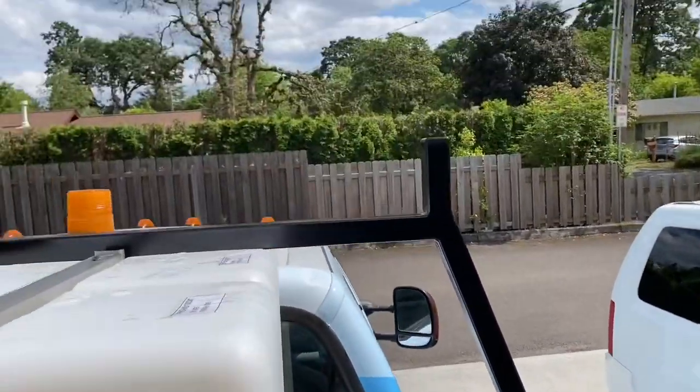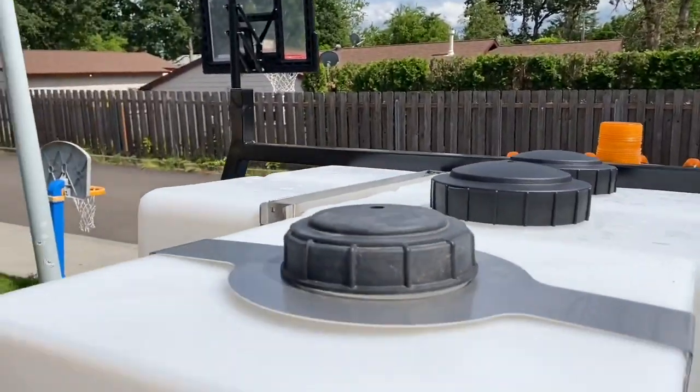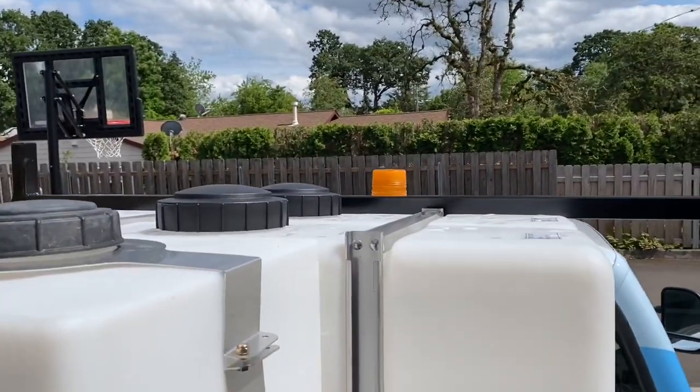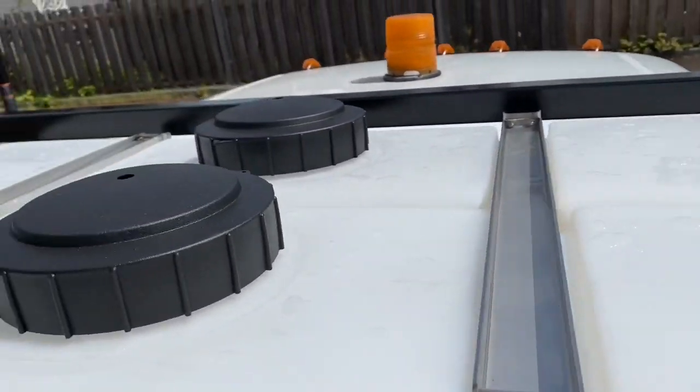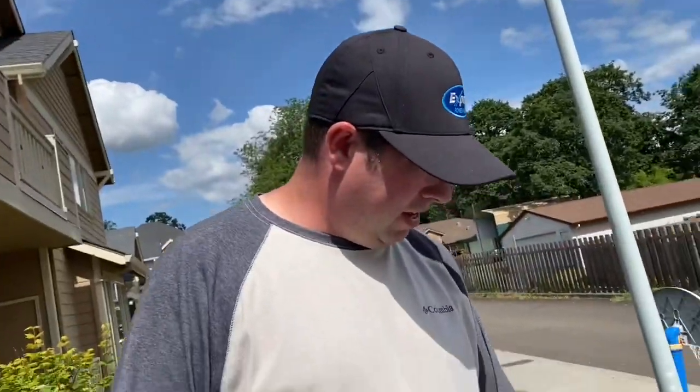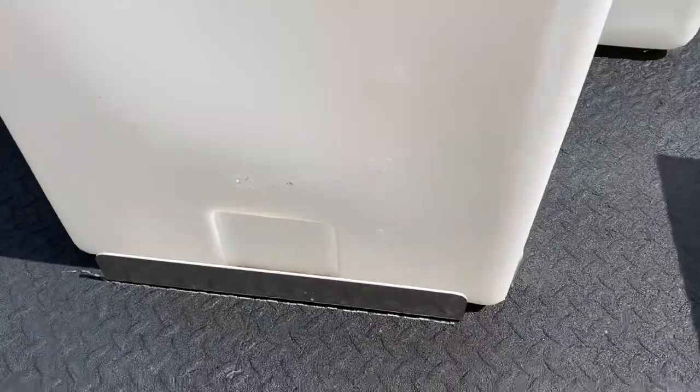This is kind of like a little bit of a preview. So I got a 55-gallon vertical tank in here, and then I got the 200-gallon Water Dragon tanks. It comes with all stainless steel hardware. It's mounted on plates down at the bed. And then while we're talking about the bed here,